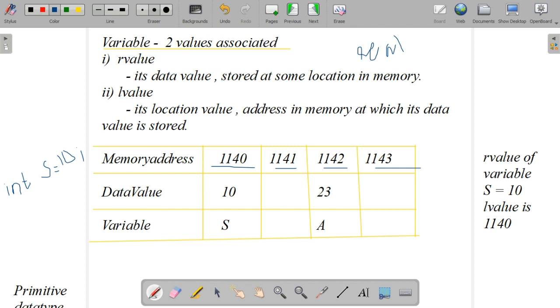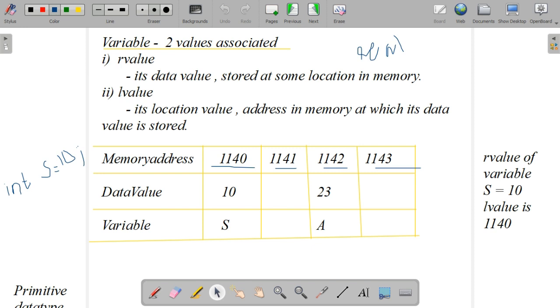We initialize the value of variable s as 10.